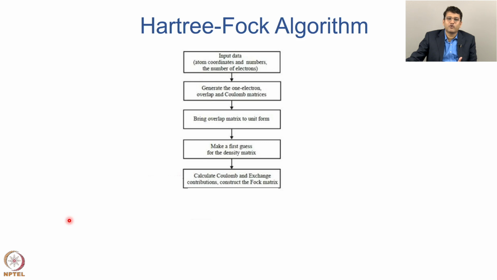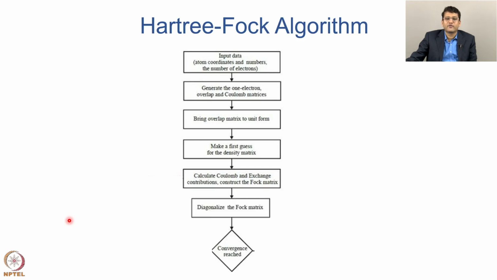So, first time I will put it 0, diagonalize, get a coefficient. With the new coefficient, I will construct Coulomb and exchange integral, construct the Fock matrix, diagonalize the Fock matrix, and I will do this again and again up to the time the convergence is reached. Once the convergence is reached, I will come out of the loop and calculate the energy, forces, dipole moment, whatever